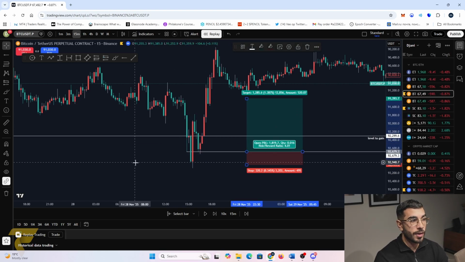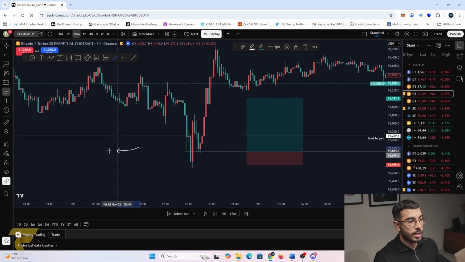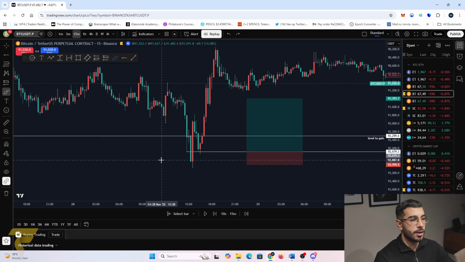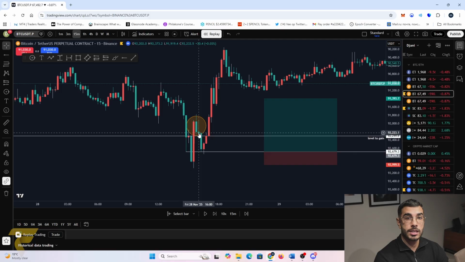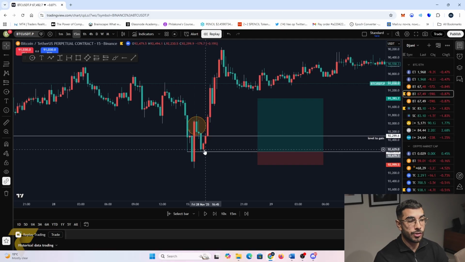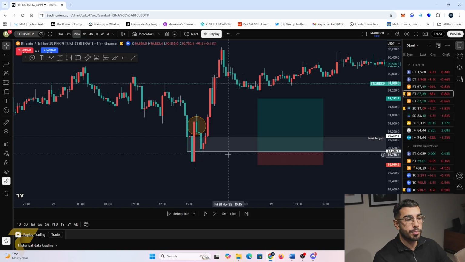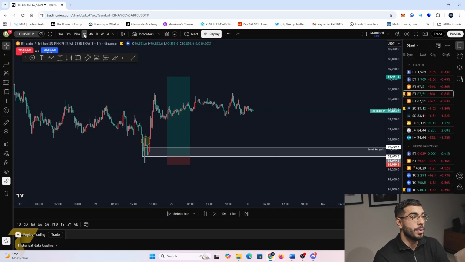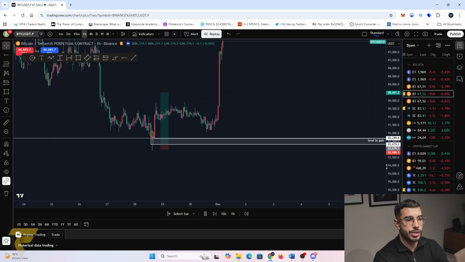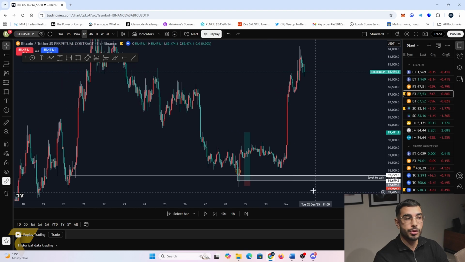Why is this valid? Because after touching the level on the left, a 4-hour level, a 4-hour move to the low, we are waiting for so-called triggers. Because again, this was the move to the low. 1, 2, 3 candlesticks. You wait for the retracement, a small pullback towards the previous low, even though this entire zone is a probability. And that eventually, as you can see, leads to one of the bigger shorts. Of course, it's in hindsight, so it's a little bit easy to say, but this is the actual short.